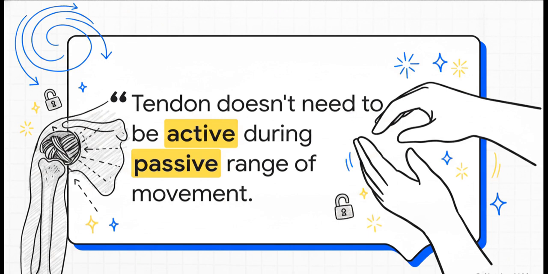As the literature clearly states, the tendon doesn't need to be active during passive range of movement in order to generate motion. Basically, if a clinician is doing all the heavy lifting and moving the patient's arm for them, the torn tendon isn't even being asked to fire. Therefore, the arm moves perfectly fine passively, which instantly exposes the weakness of the cuff tear rather than a stiffness